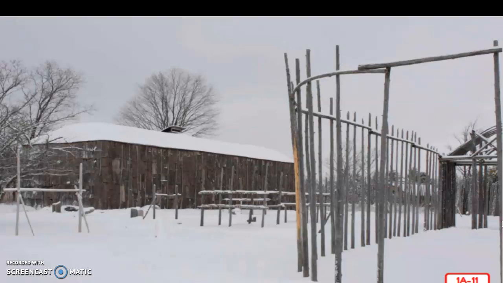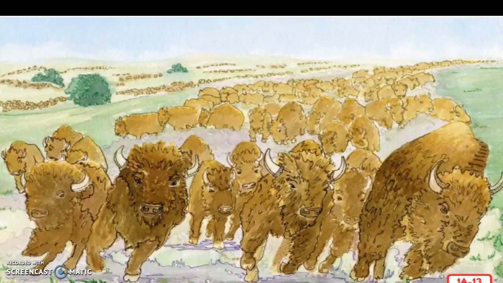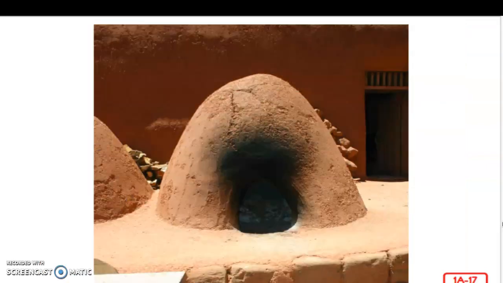Native Americans of long ago had to rely on their knowledge of nature, of the earth, the plants, and the animals that surrounded them. And everywhere they roamed, these Native Americans found ways to borrow or use from the earth all they needed to live. Some Native Americans grew their own vegetables and fruits. Others hunted buffalo. Some Native Americans hunted woodland creatures. Others caught fish from rivers, lakes, and oceans. Some Native Americans cooked their food over an open fire. Others baked food in specially made ovens.